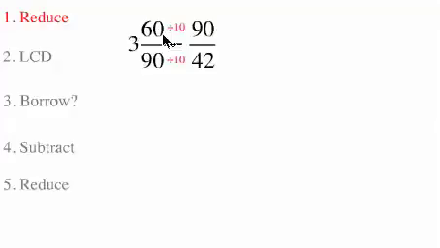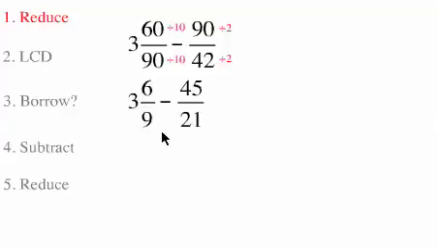And I notice both end in 0, so I'm going to divide them by 10. And over here I have 90/42. They're both even, so I'm going to divide those by 2. And what do we get? We have 3 and 6/9,